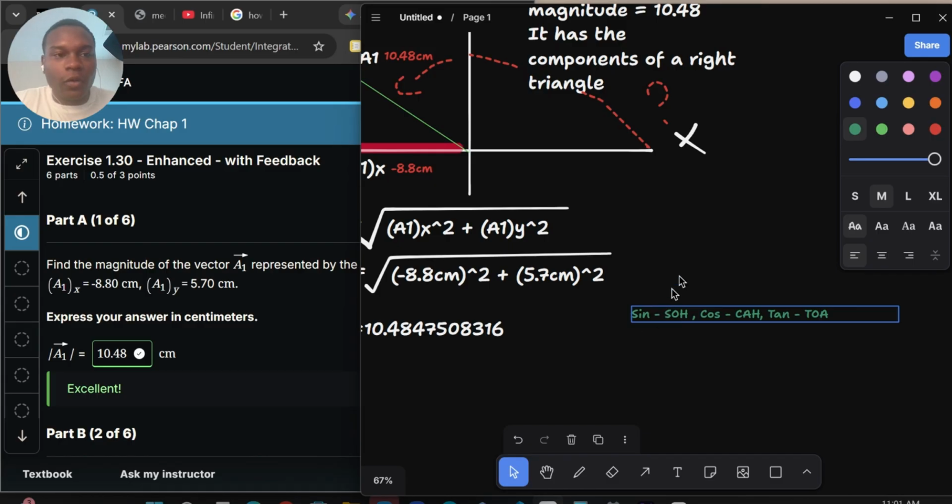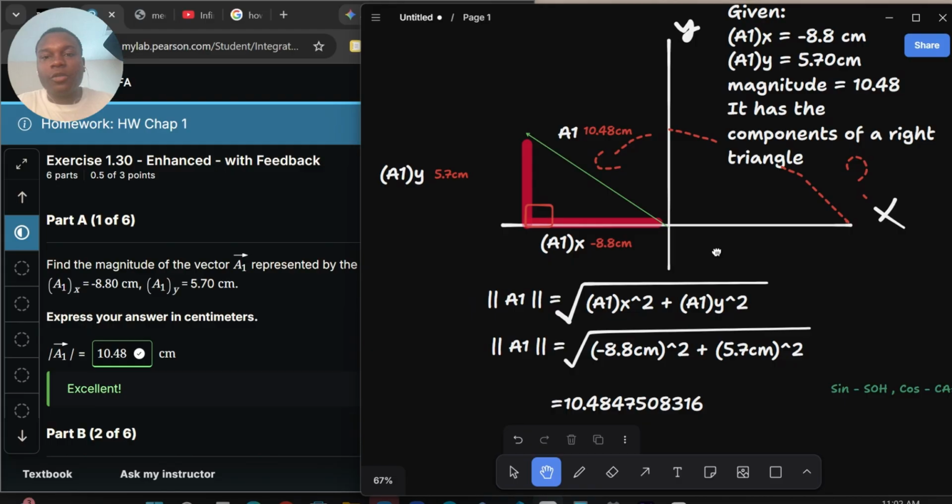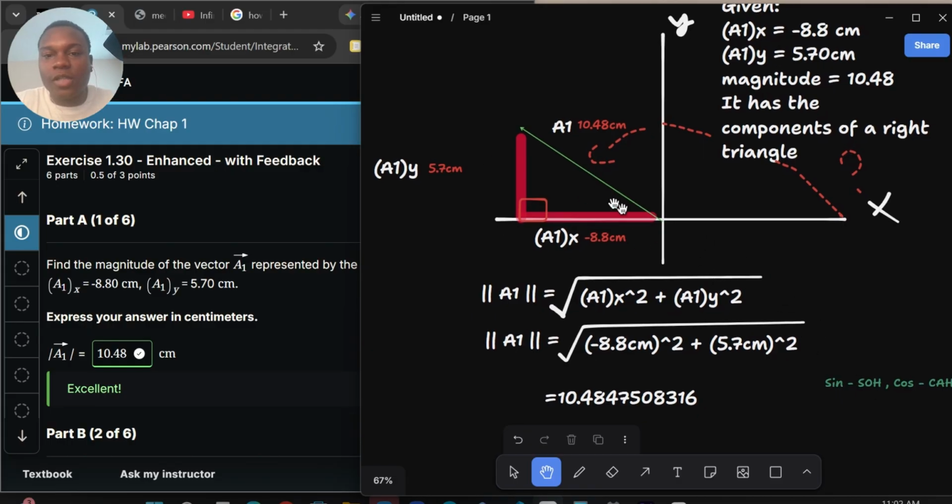And what this stands for: sine is opposite over hypotenuse, cosine is adjacent over hypotenuse, and tangent is opposite over adjacent. The reason these are so cool and how we're going to find our angle is that opposite and hypotenuse are just positions relative to the reference of our angle. And these are sides, right? So the easiest one, I would probably do hypotenuse and opposite. So I would use sine because I don't have to deal with the negative.